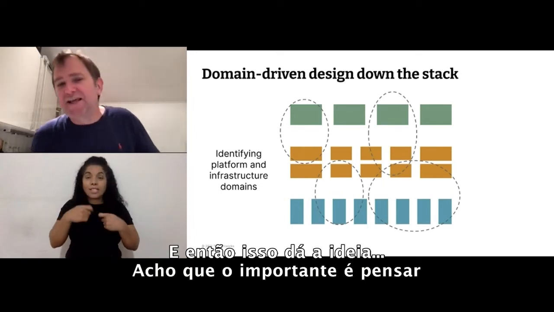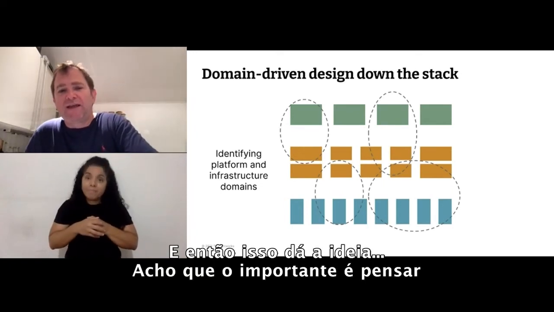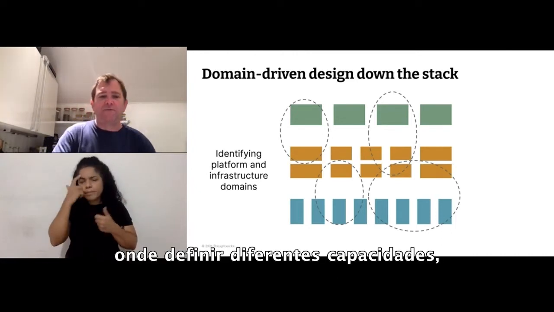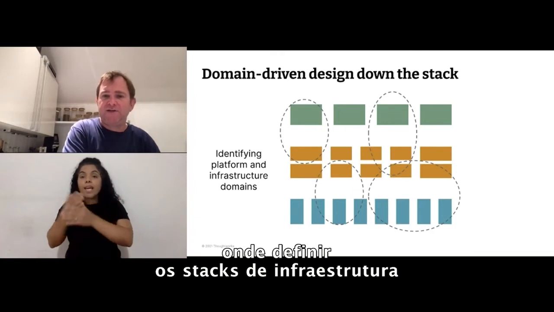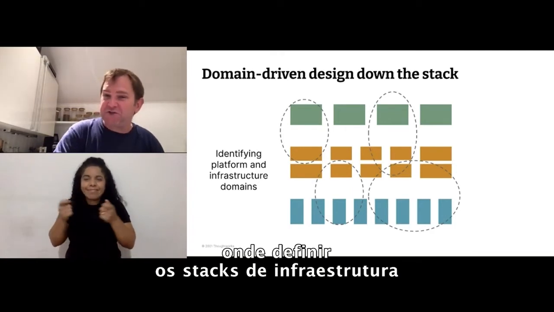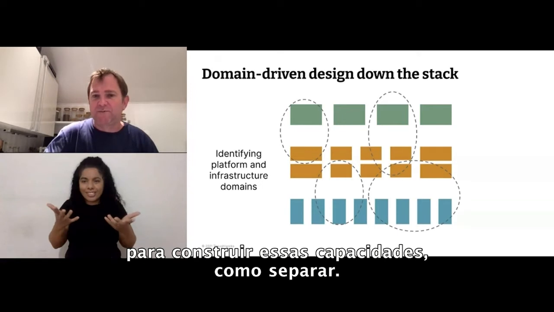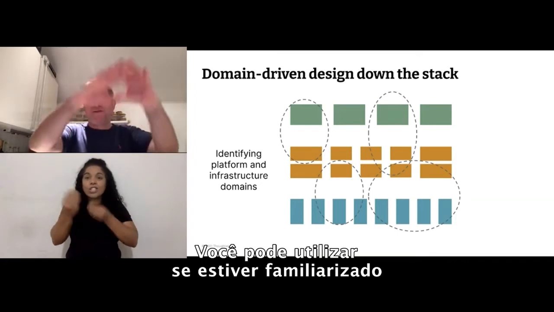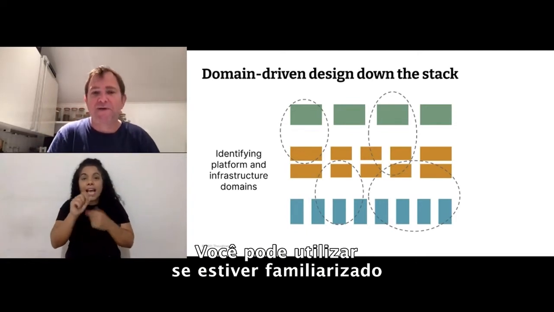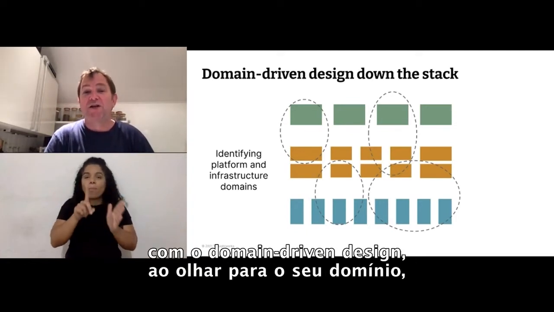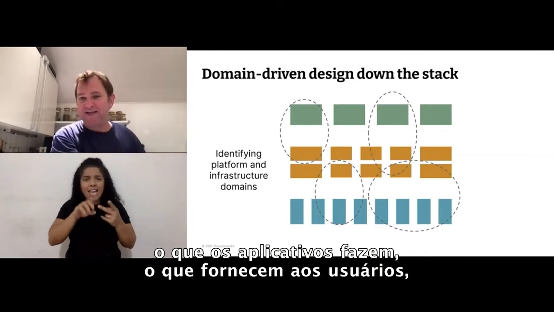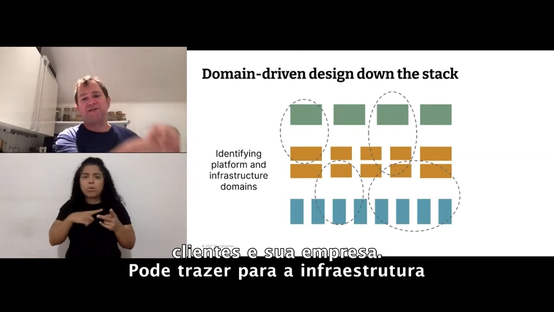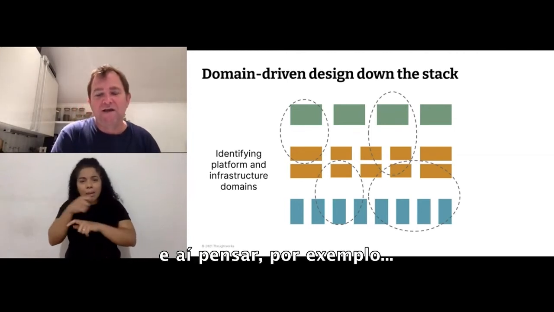And so this takes the idea, I think an important thing is thinking about where to draw the boundaries when you're building infrastructure, where to define different capabilities, where to define those infrastructure stacks to build those capabilities, how to break those apart, where the seams are. And so domain-driven design works in this, so you can kind of take it down. If you're familiar with domain-driven design, for how you look at your business domain and what your applications are doing, what they're providing to your users, your customers, and your business, you can bring those down into the infrastructure and be thinking about, so for example,